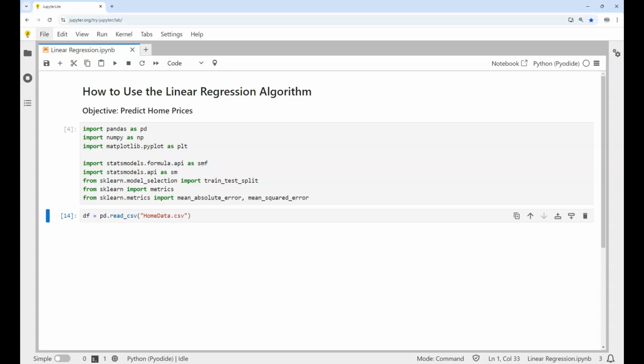This is video 5 in my series on how to use JupyterLite for data science, and I'm really excited to go over this video today because we're going to demonstrate how to build and use a linear regression algorithm. So what we're going to try and build and use the linear regression algorithm on is to predict the sale price of homes using all of the home's attributes, such as what city they're in, the bedrooms, how big is their house, etc. But before we can begin building the linear regression algorithm, we always first need to import